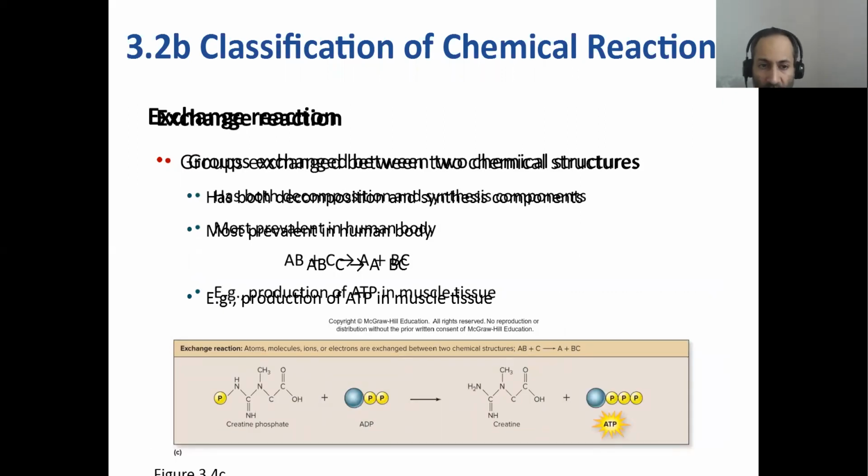And this is an example of an exchange reaction. So what we have here is a molecule called creatine phosphate, which looks like this, right? Creatine is found in your muscles as is. Creatine is a breakdown product of amino acids that form your muscles. So all of those bodybuilders and people who are looking to bulk up fast, they take these creatine supplements, and